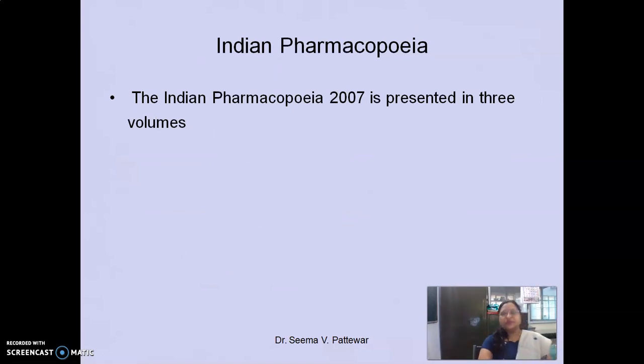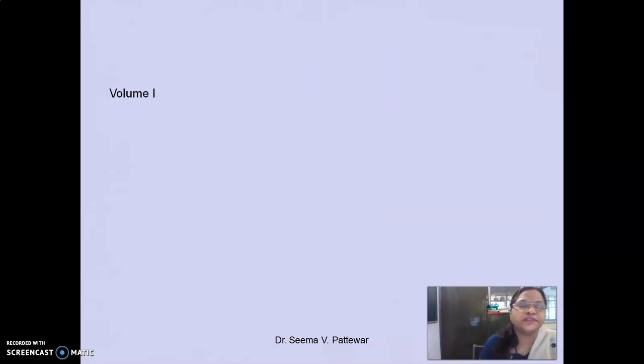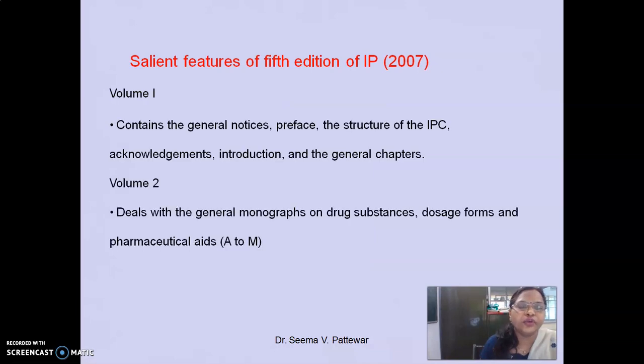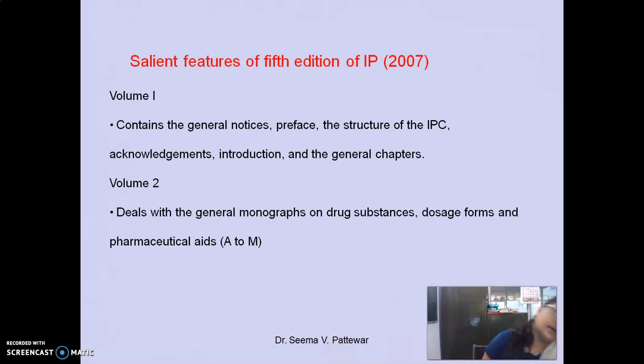So this is about the 1996 edition. Then we will see next, that is the 2007. It is presented in 3 volumes, volume 1, volume 2 and volume 3. So next, volume 1 contains the general notices, preface, the structure of the IPC, acknowledgement, introduction and the